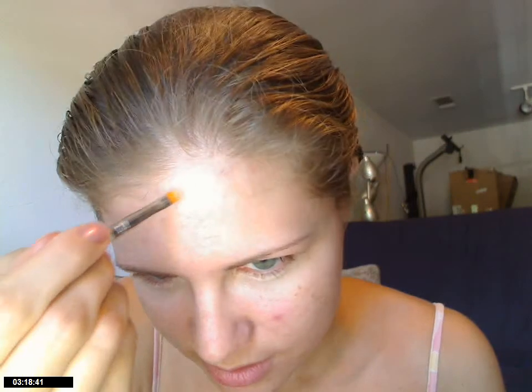And the nice thing about using your foundation shade for concealer is that it'll be your perfect match, and you don't have to worry about it looking off in color. And so as I just apply this really quickly, I have kind of a lot of things to cover up, but as I'm doing it, I'm blending it with my finger here, or you can use the brush just to blend it out a little bit so you don't have just like a spot. Kind of go over all my little areas here,